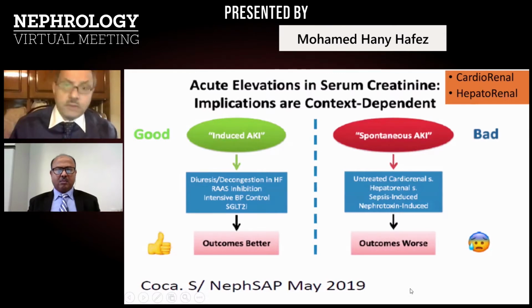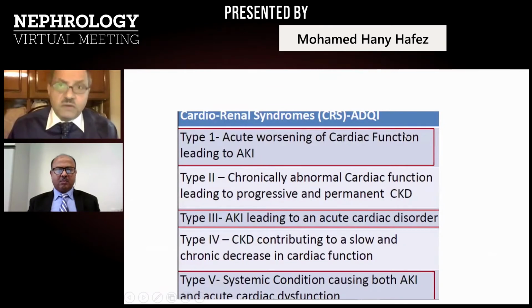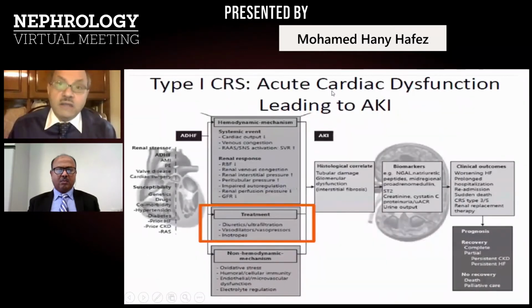Let's see the cardiorenal syndrome. We see that cardiac affection in our developing world is increasing. Actually, we have acute worsening of the cardiac function leading to acute kidney injury. And this affection has, as I told you, some biomarkers to detect it. And it will definitely affect the life of the patient unless you treat it in different ways, including diuretics, inotropes, and possibly ultrafiltration in late cases.